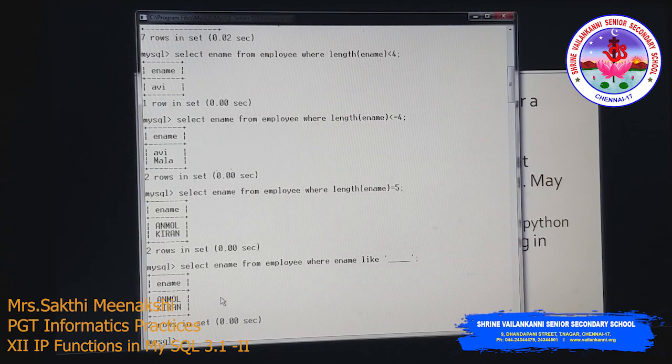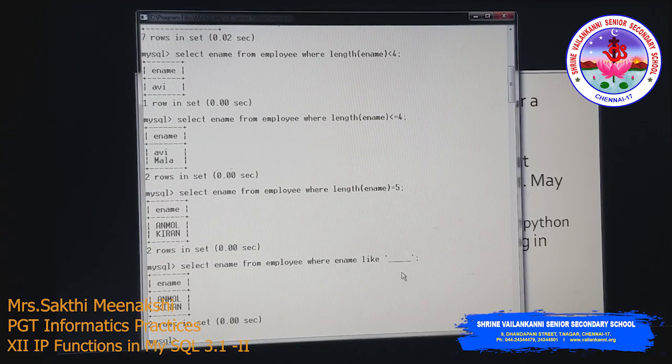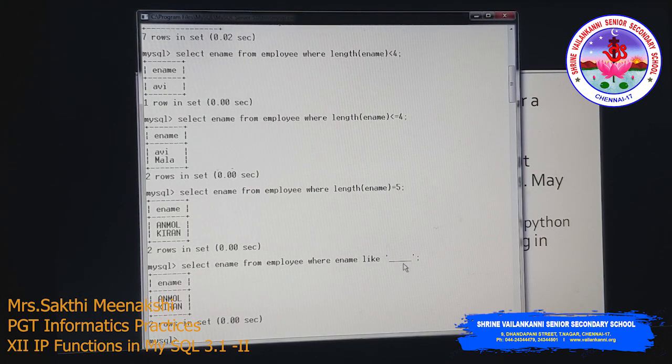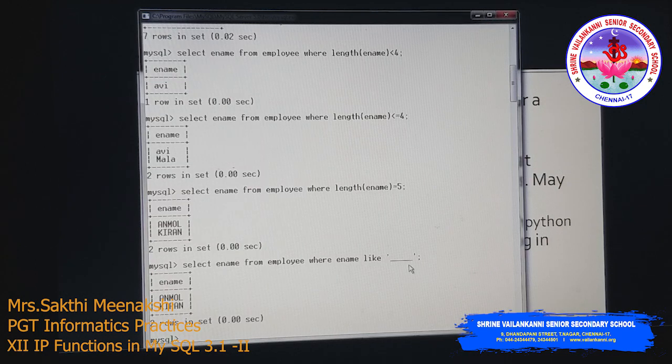So our query is ename like five underscores, exactly 5 length. This is the alternate for the length function if it equals 5. If it is less than or equal to, you should not use this, because it fetches exactly 5 characters. Less than 4 means there can be 3 or 4 or fewer, even 1. In that case we cannot use the underscore wildcard character.